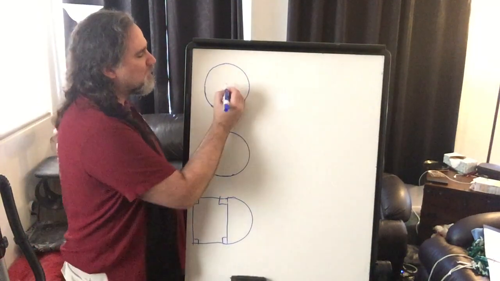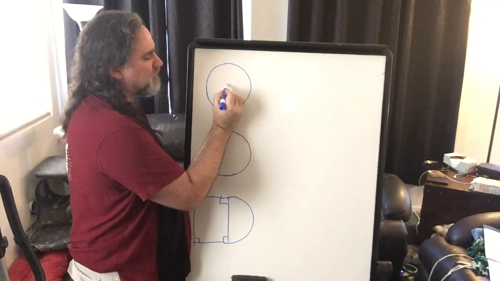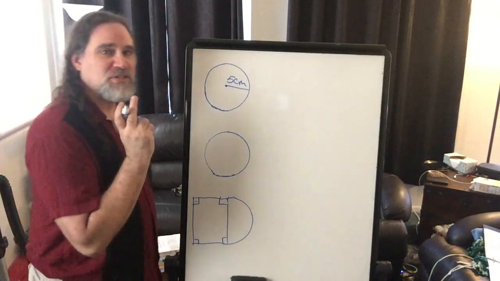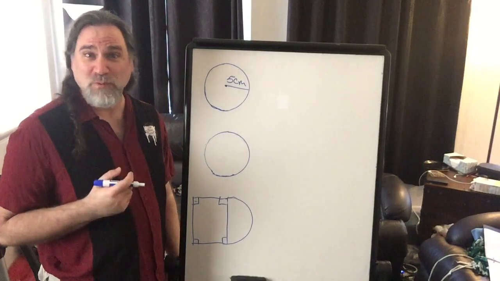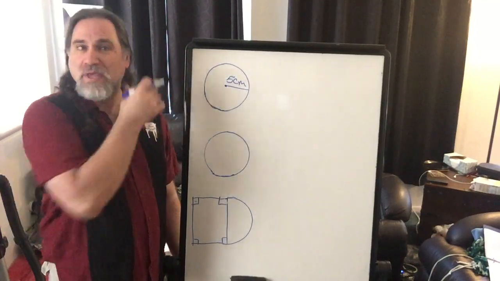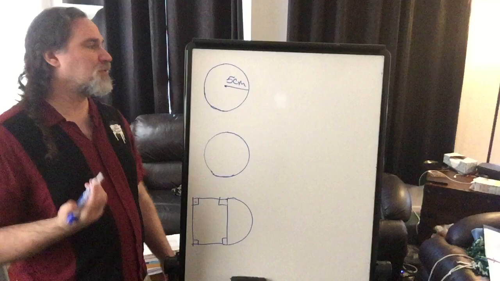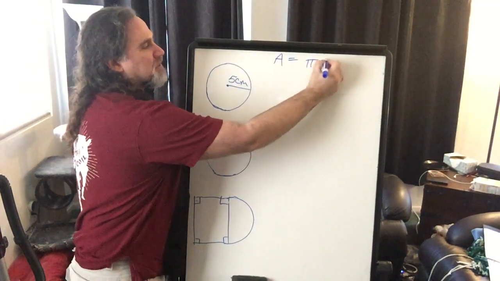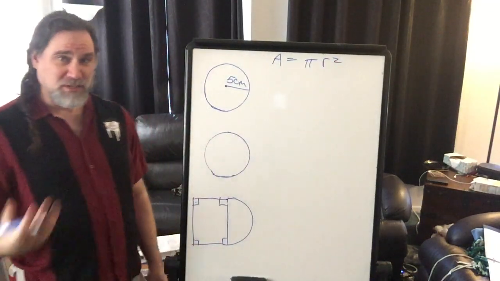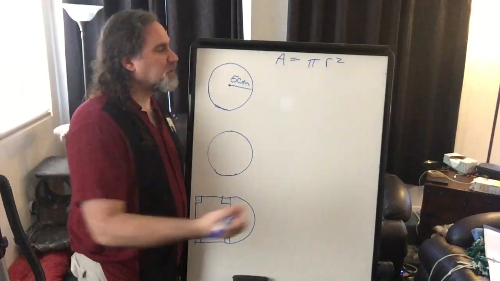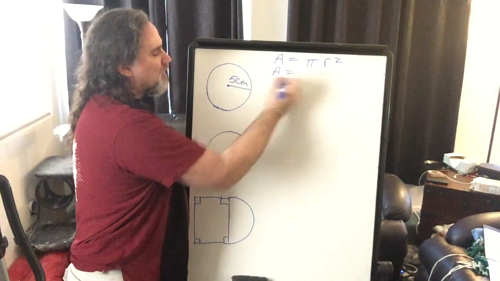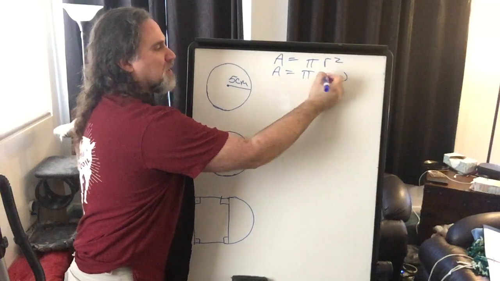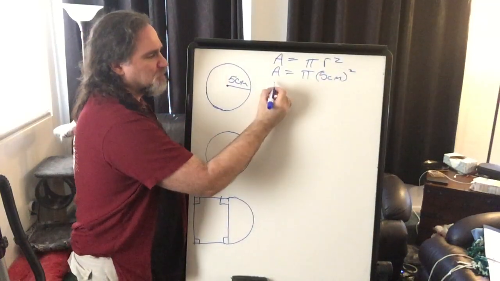So we're going to find the area. We're going to make it real easy on ourselves and give ourselves the radius. As you recall, that's what we want, the radius of our circle. If we know the radius, it's a pretty simple formula. We take the area and multiply pi times our radius squared. That's our formula. We learned that one from part 1. Now that we have our radius, we can simply plug that in. 5 centimeters. We're going to square that whole thing. And when we're done, we're going to have